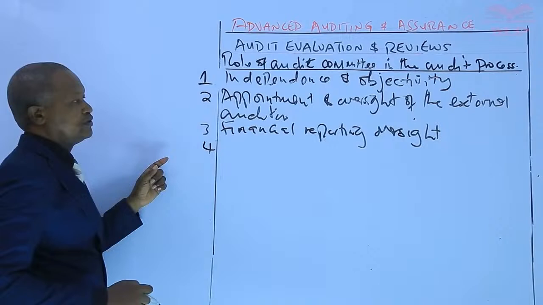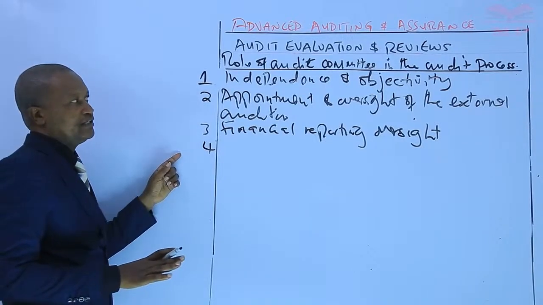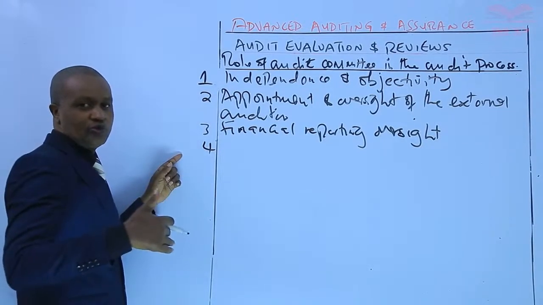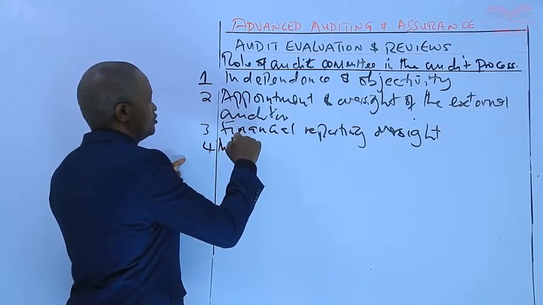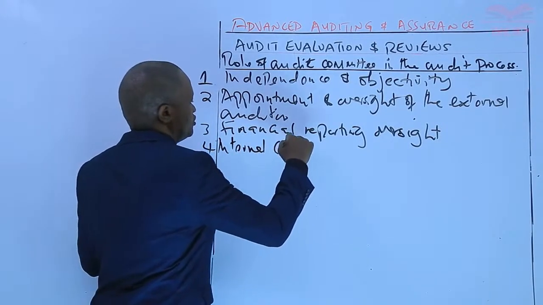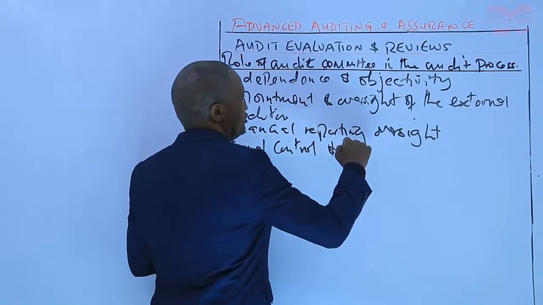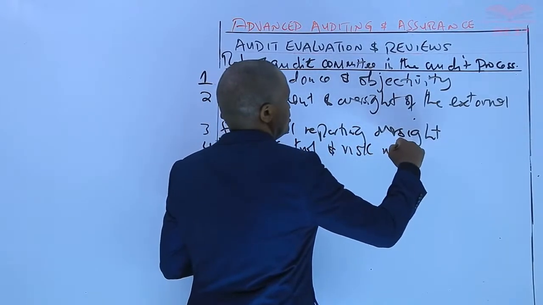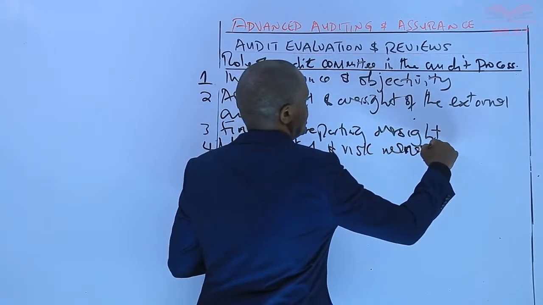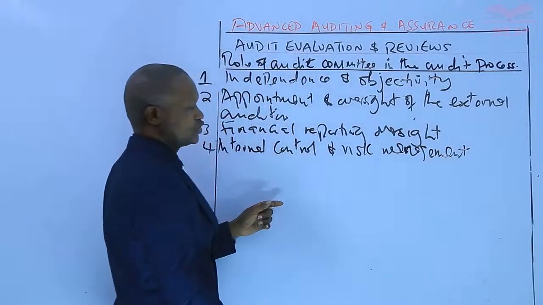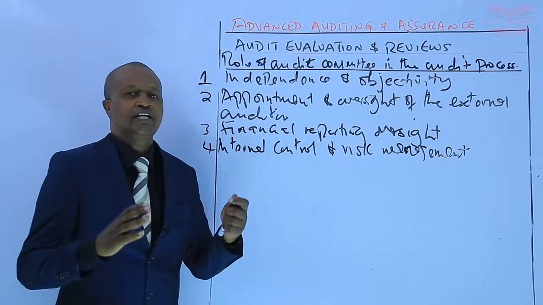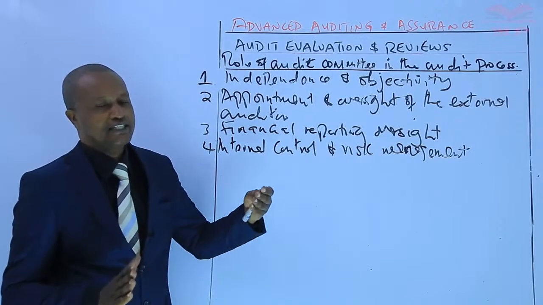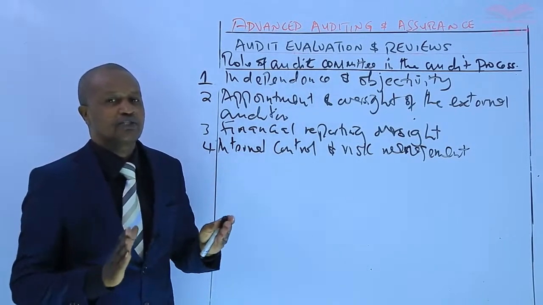Number 4 is a role related to internal control and risk management. Internal control and risk management. The audit committee assesses the effectiveness of the organization's internal control